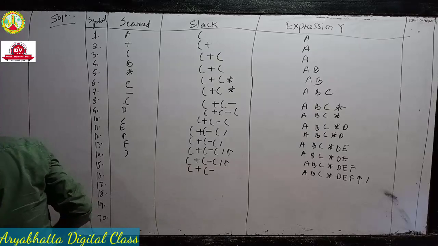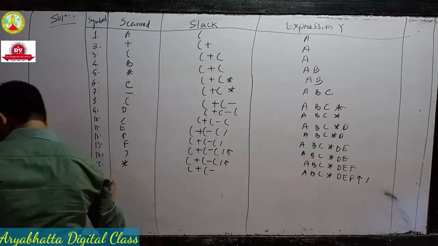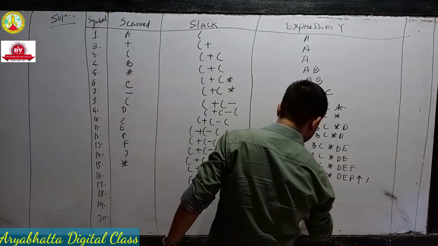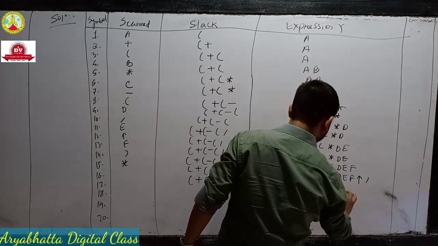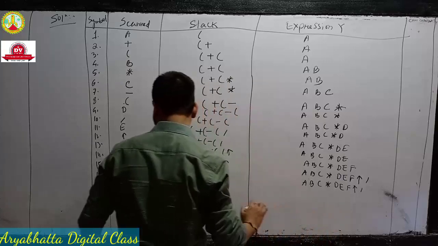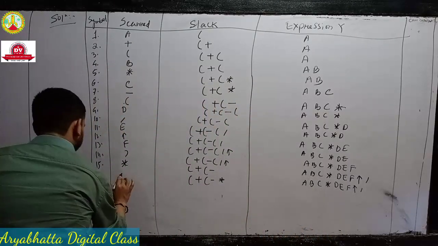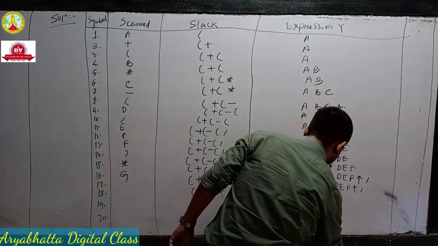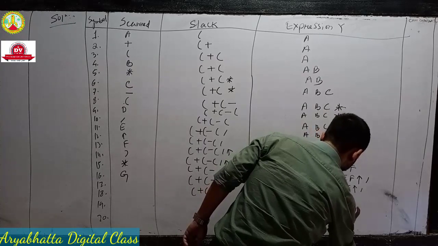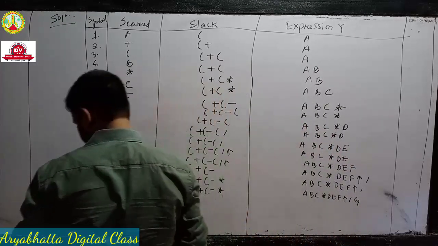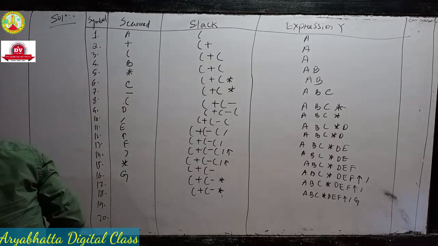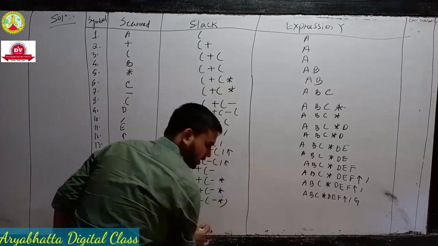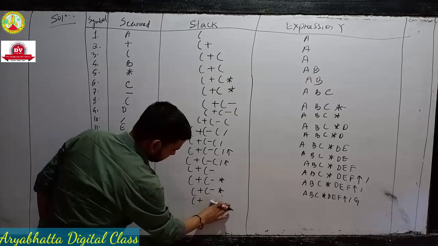Okay, and 15. Again we encounter multiplication, then this is, you see, okay, and in 16, G is coming. And 17, again this is coming, so this is coming in under a bracket, that's why it is going to the